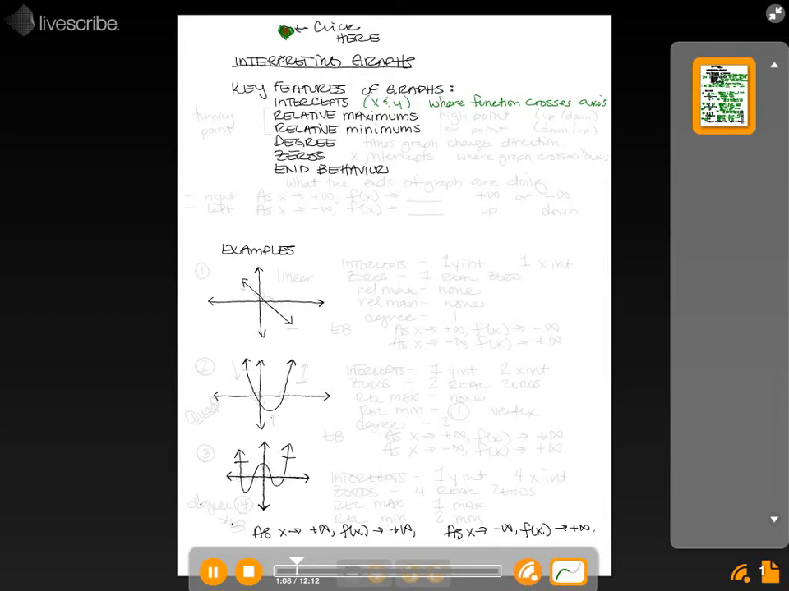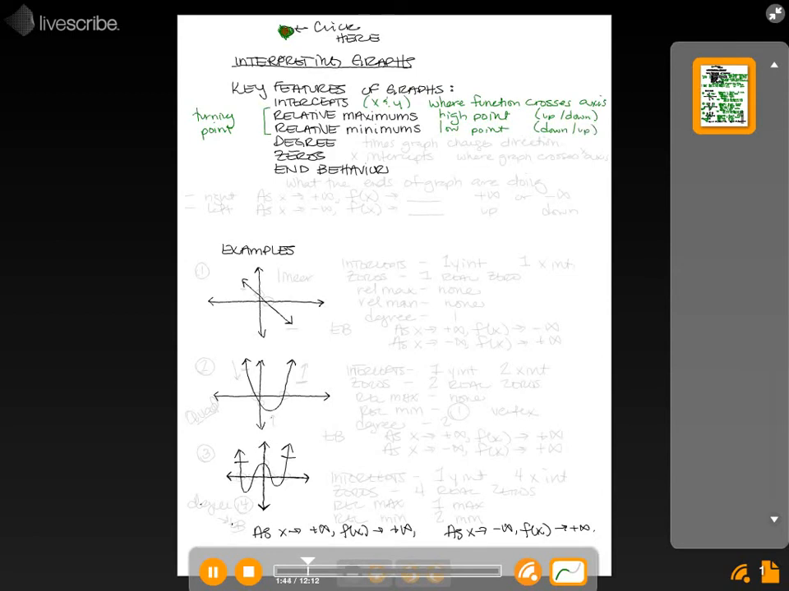The next thing is a relative maximum, which essentially is a high point on a graph. Another way to think of it, and I'm going to group this with relative minimum, is a turning point. It's where the graph turns from either going up to down or down to up. A relative max would be a high point, so it would turn from up to down. And then a relative minimum would be a low point,